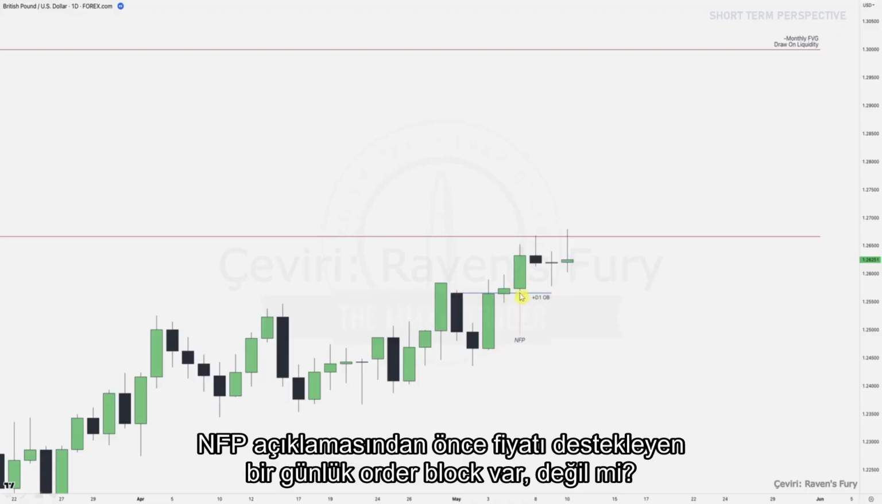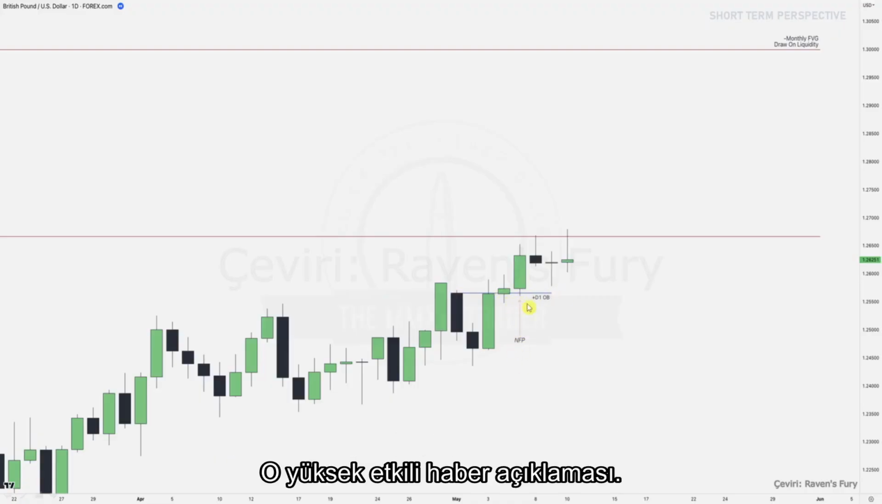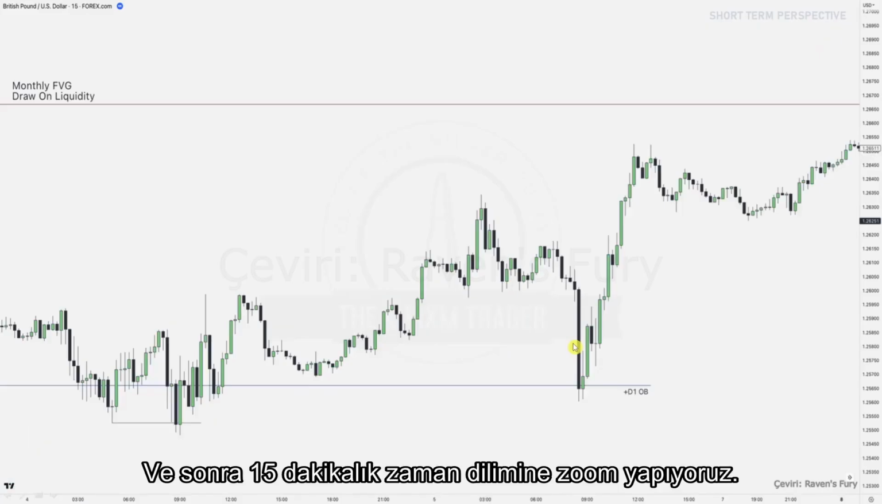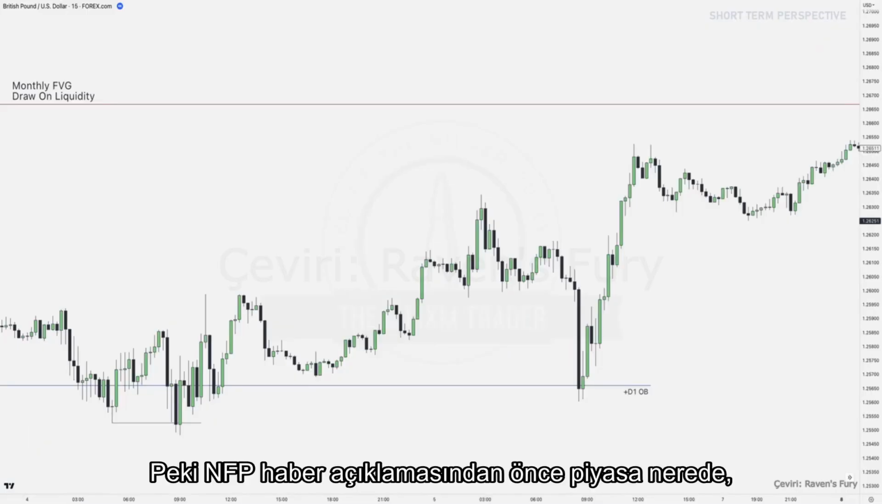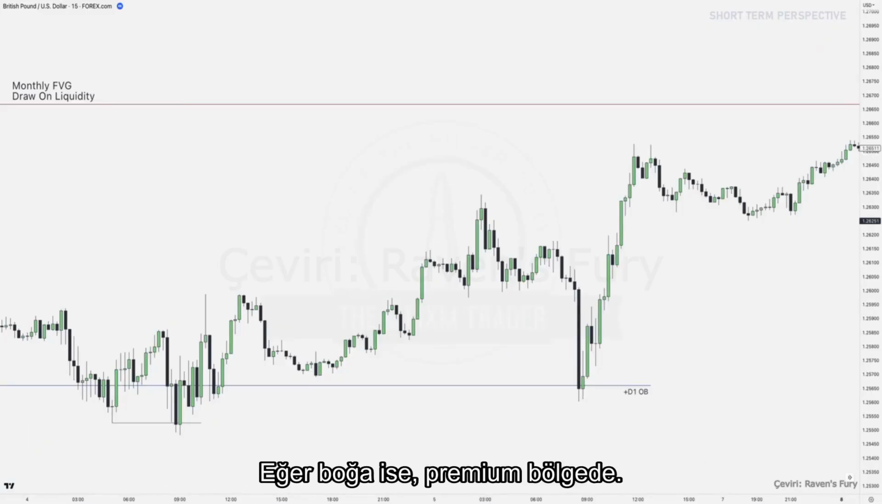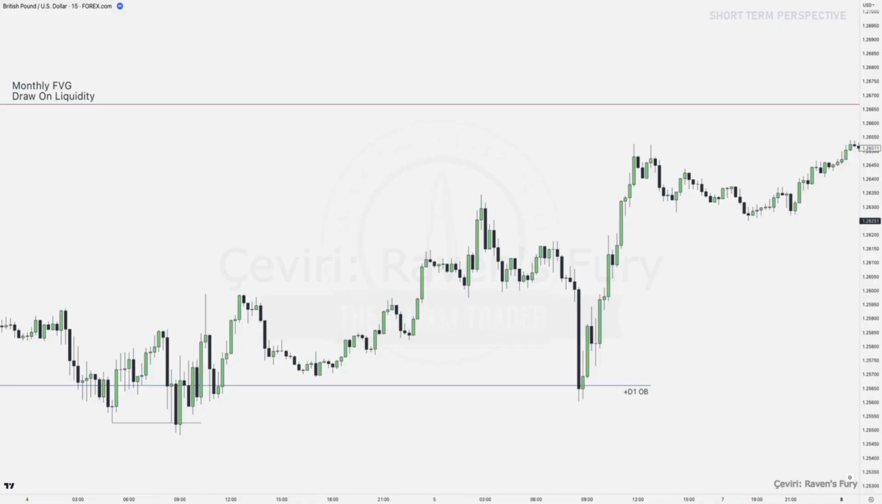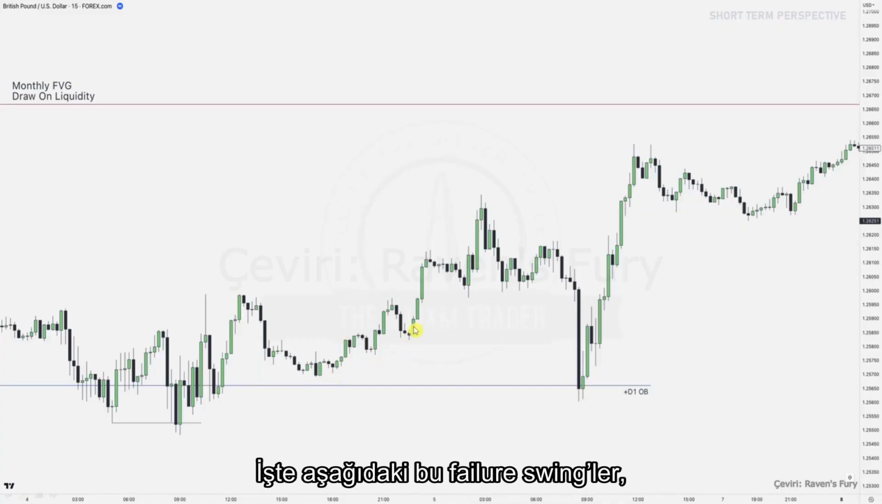There is a daily order block supporting price prior to that NFP release, that high impact news release. And then we zoom into the 15-minute time frame. So over here, where is the market at prior to that NFP news release? It is in a premium when we are bullish, so it's likely to reverse, right? Then there are failure swings below us too. We've got these failure swings down here,